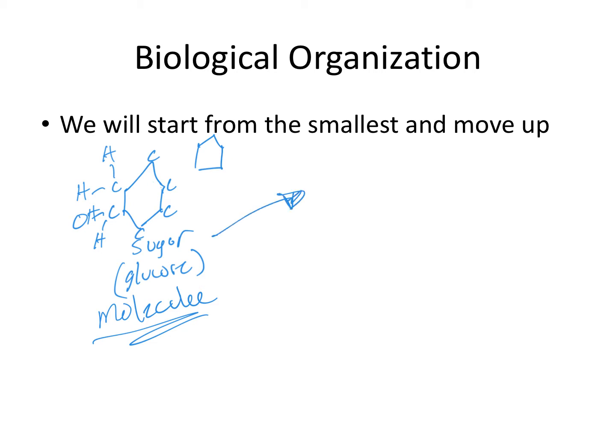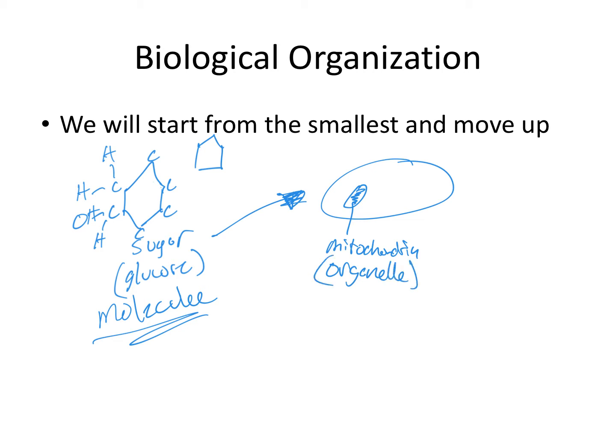Glucose and sugar molecules, for example, are digested in our cells, and in particular, the part of the cell that has the mitochondria. So this would be an organelle of a cell where we digest it. And that's where we get our energy from. So this part itself here is a cell, right? And inside the cell, we have things like the nucleus that houses our DNA and other cell parts as well.